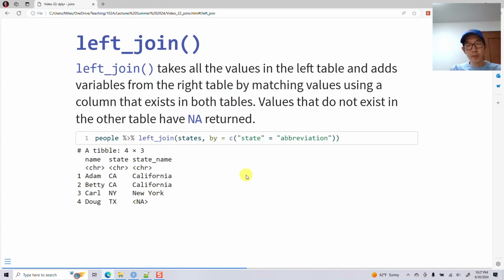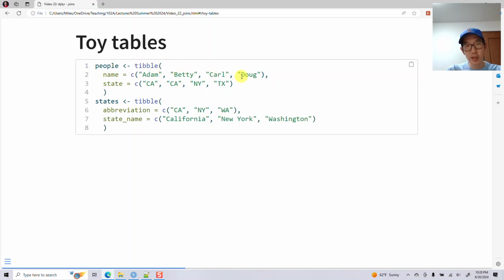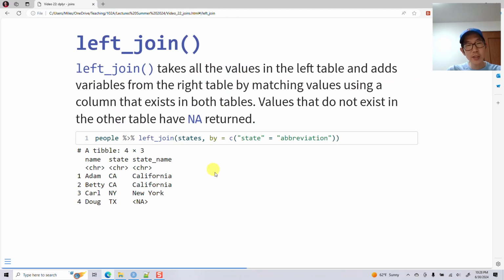So if I do a left join, the left join takes all of the values in the left table, and adds values from the right table that match by matching values. I'm sorry, it takes all of the matching values in the right-hand table. So I'm going to take people. This will be the left-hand table because it comes before the join. So I'm going to left join, which means keep all of the values in the left table, the people table: